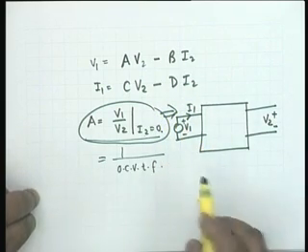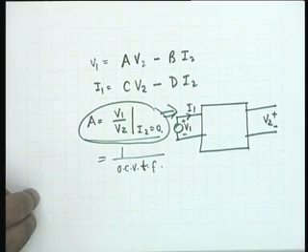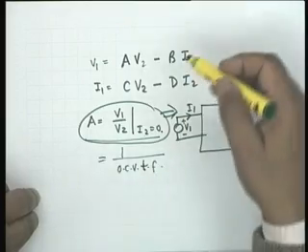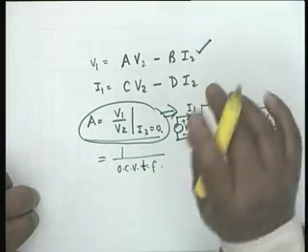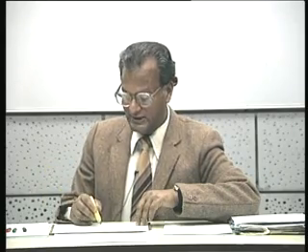You must remember these essential important points, and you cannot make a mistake, because if you go back to the roots, if you go back to the definition, you cannot make a mistake. I2 equal to 0 constrains me not to put a generator here. So, the generator must be here, and this is why it is the reciprocal of an open circuit voltage transfer function. It is the reciprocal, not itself another voltage transfer function.